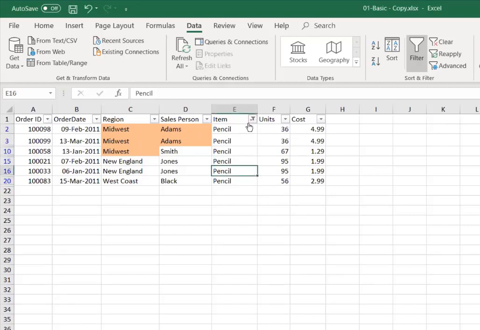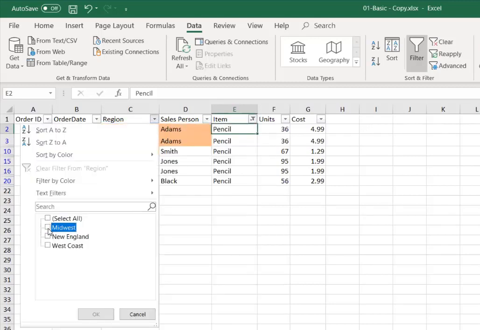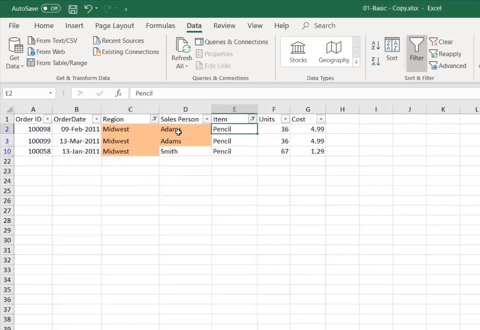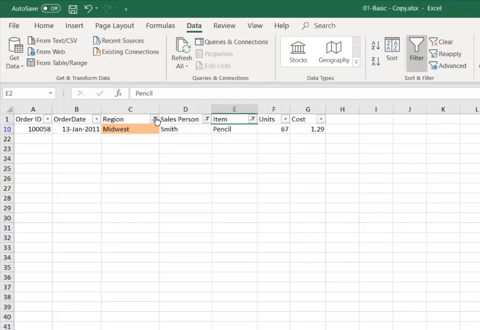Now, one more thing. Suppose there is a filter and I want to remove it. One method is you can go here and clear the filter here. But suppose you have multiple columns having a filter, and here also you may have maybe Smith. That means you have a filter on the region, a filter set on the salesperson, and a filter on the item as well. To remove the filters easily, one way is you can go and keep it here.